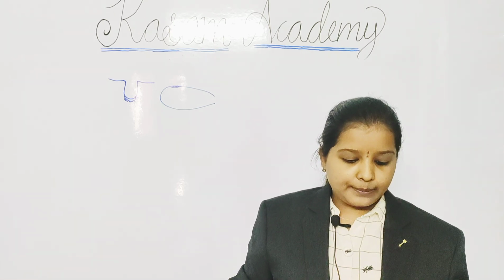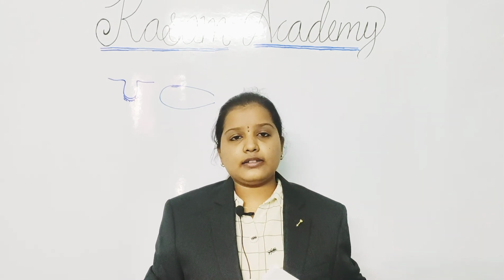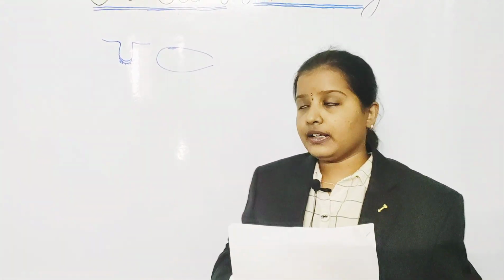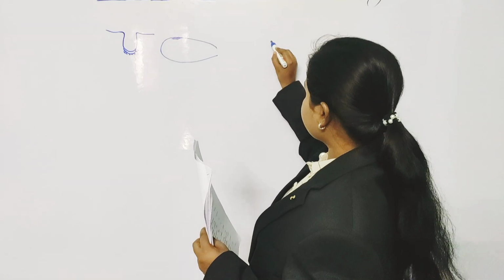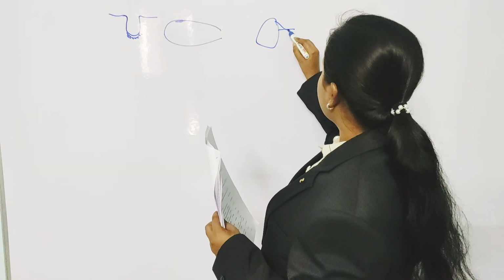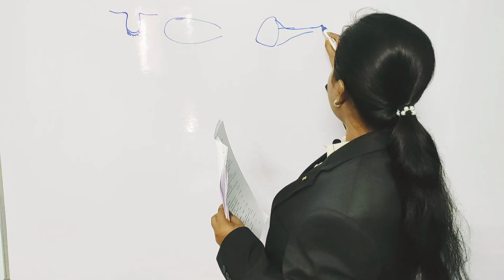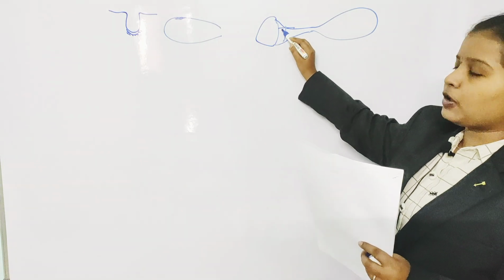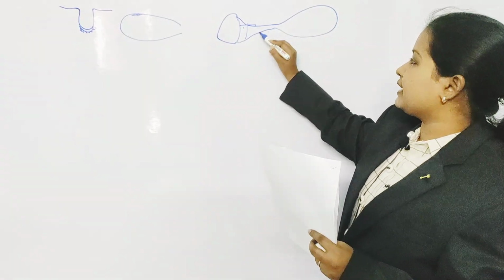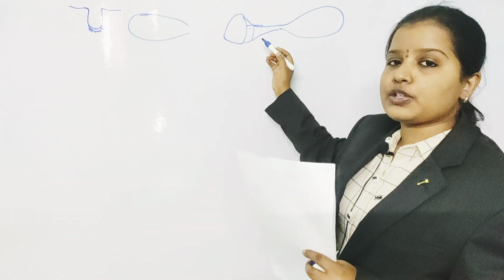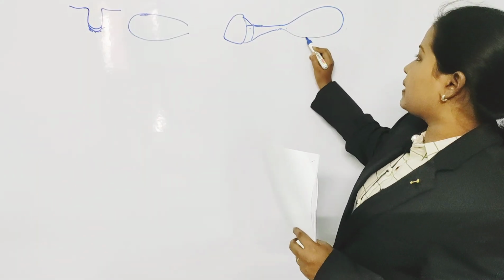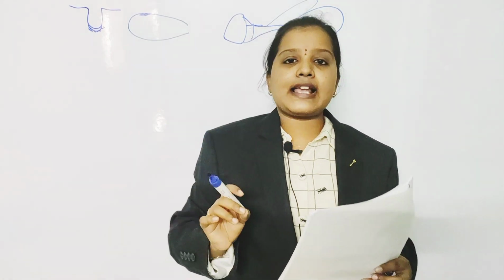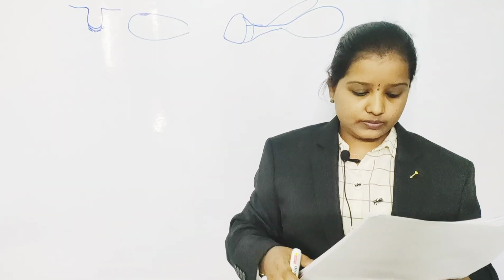The second abdominal segment of a hymenopteran insect is called. In case of wasp, the abdomen is modified. The second segment is modified into a very thin pedicel. The first segment is attached to the thorax, we call it propodeum, and the second segment is very thin, which is called pedicel, or we can also call it petiole, and the third enlarged segment is called gaster. So in case of wasp, the second very thin segment is called pedicel or petiole.